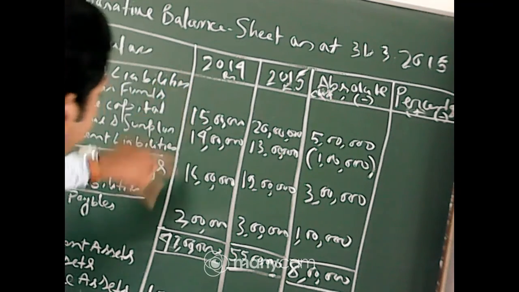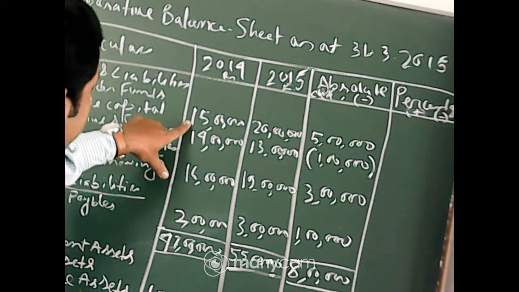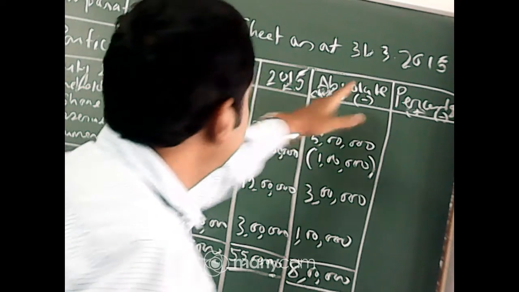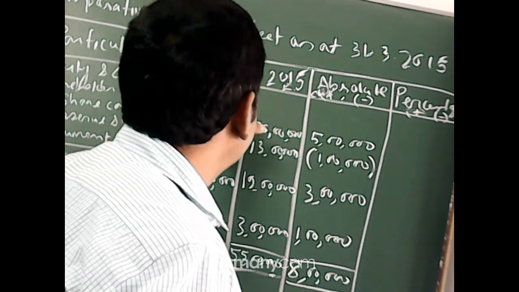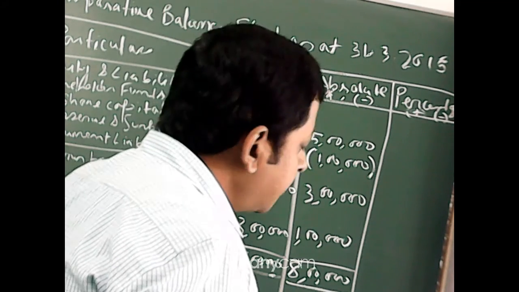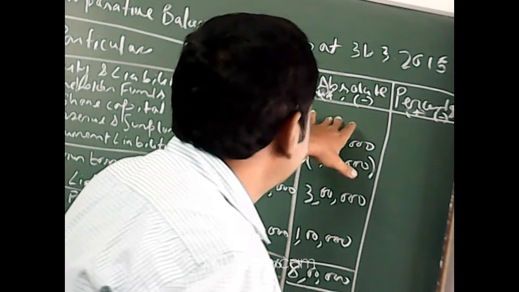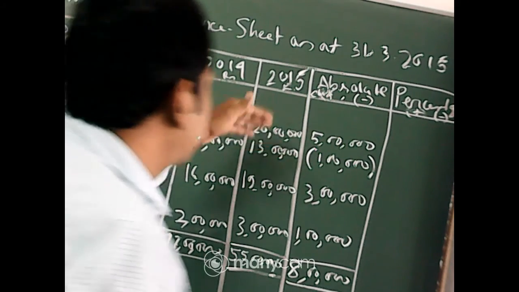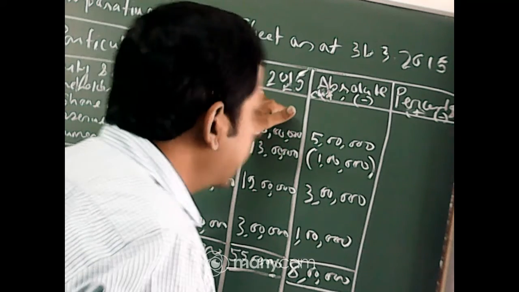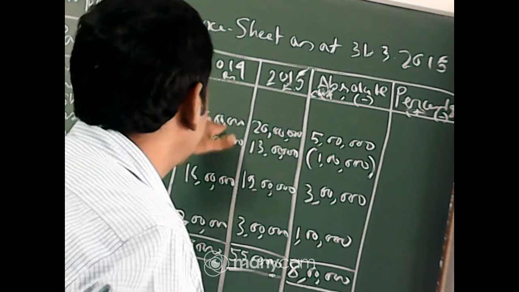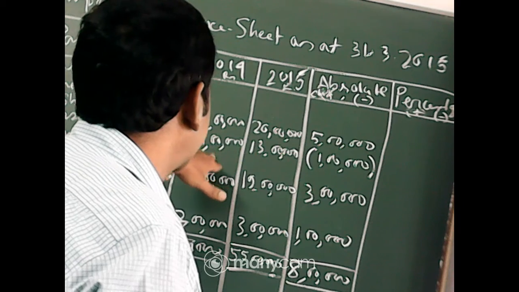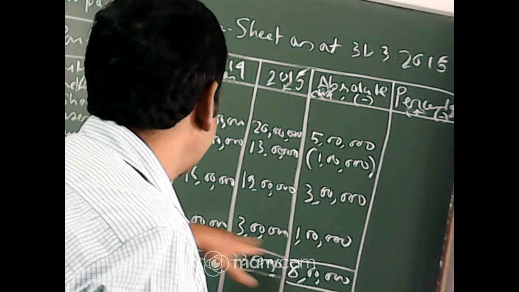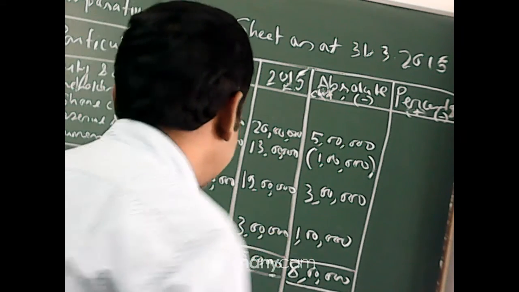This figure is your base value. According to that you have to compute the change for each and every year figure. That is, if there is 2016, then you have to take 2014 as the base, and in respect of 2014 you can see what the change in 2016 is. Whenever you differentiate, you should always subtract the lower value from the greater value. That is 20 lakh to 15 lakh, 13 lakh to 14 lakh, so there is a 1 lakh change. 19 lakh to 16 lakh, 3 lakh to 2 lakh, that is a 1 lakh change.